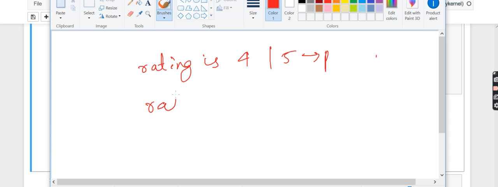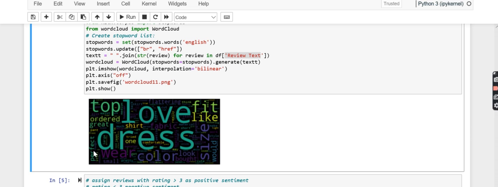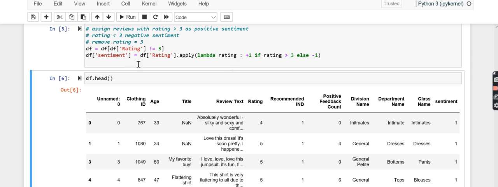And if the rating is less than 3, then it is a negative rating. So in that way we classify, and we have done that. Here if you see, we are ignoring the rating which is 3. The neutral ratings we can consider later on, but as of now we are just creating a simple model of positive and negative